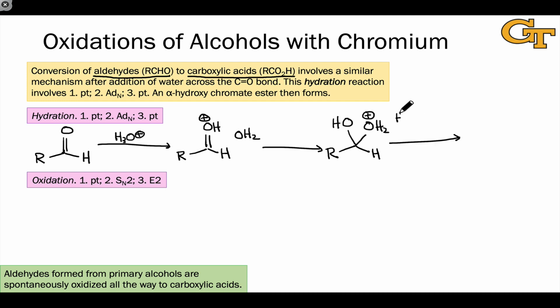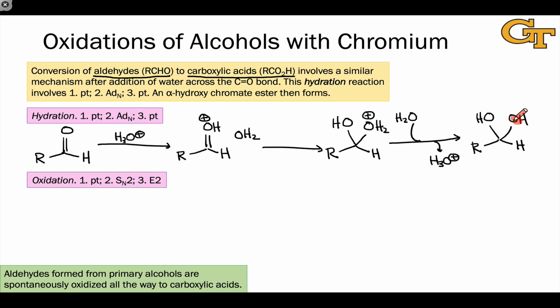And now proton transfer back to water, which is going to consume H2O and generate H3O+, gets us to a neutral intermediate that can undergo further oxidation by the chromium. And this process as a whole, by the way, is called hydration. It's called hydration because if you look at what we've actually done, we've added the elements of water to the